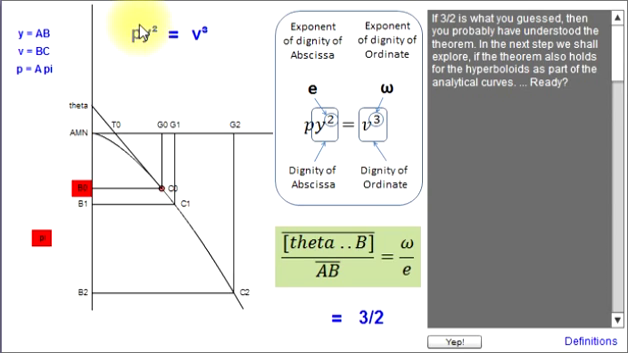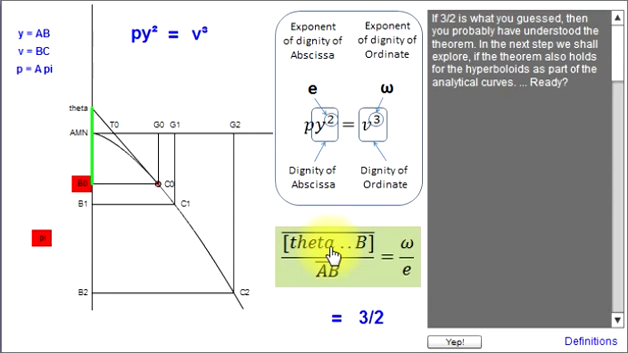So we have exponent 1 for the p, then exponent 2 for the y dignity, and the exponent 3 for the v dignity. So 3 as the sum of the exponents equals 3 as the exponent of the term on the other side of the equation. And it indeed still holds true. So theta b